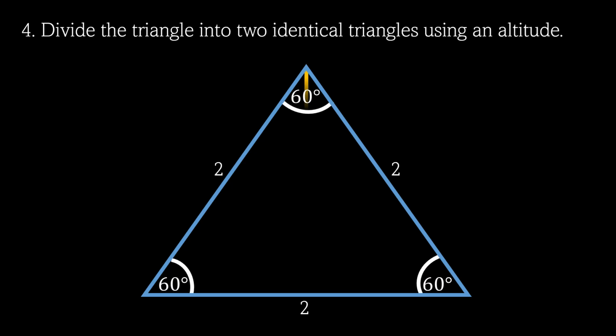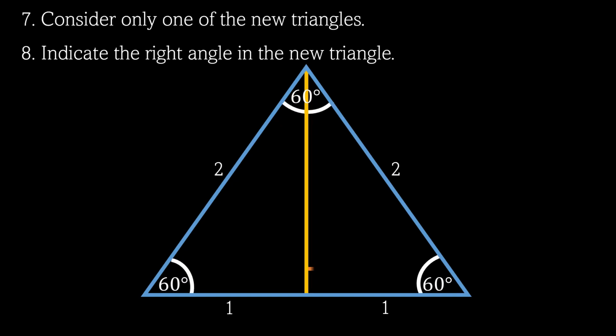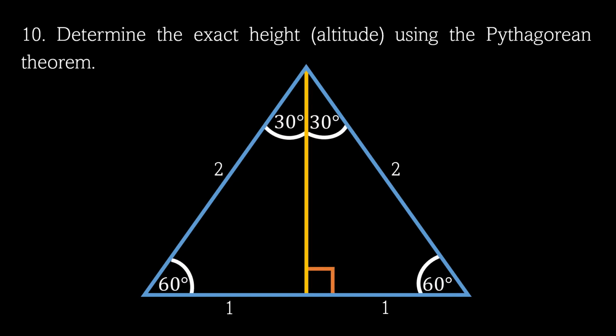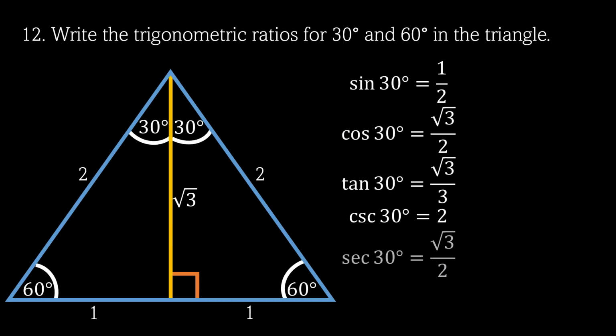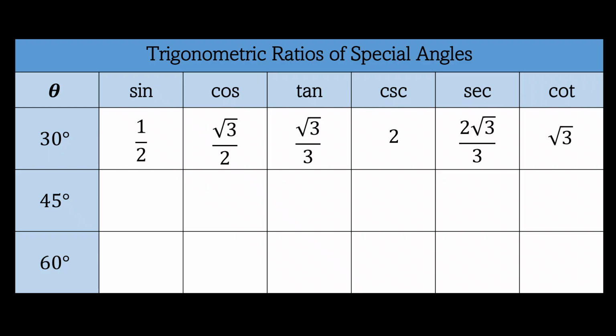So again, these are the steps that we have done to get the trigonometric ratios of the special angles 30 degrees and 60 degrees. We use the Pythagorean theorem to determine the values of each angle. So this is the summary. Nilagay natin dyan sa table na yan. Then, to solve naman for the 45 degree